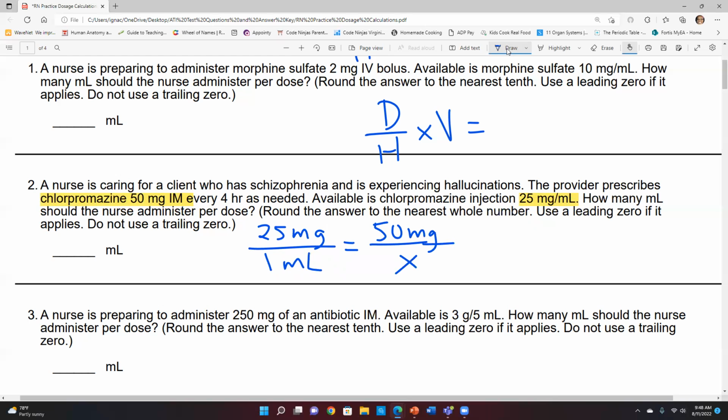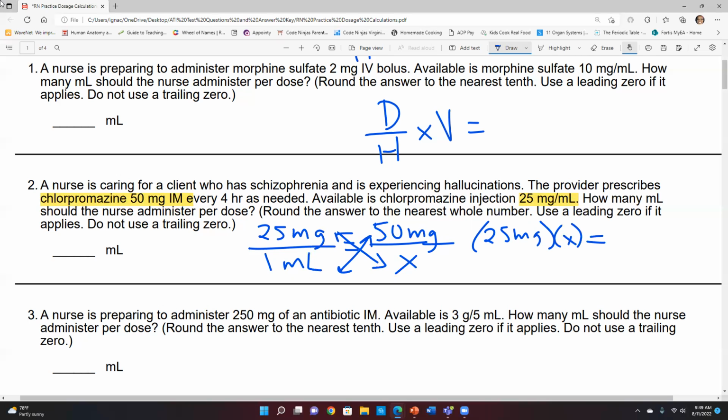All right. So I'm setting up 25 milligrams over 1 ml because that's how the medication comes. The doctor has ordered 50 milligrams. Notice both milligrams are on the top, and now I have to solve for my milliliters. So this X with the pointed arrows means that I'm going to cross multiply, and 25 milligrams multiplied by X